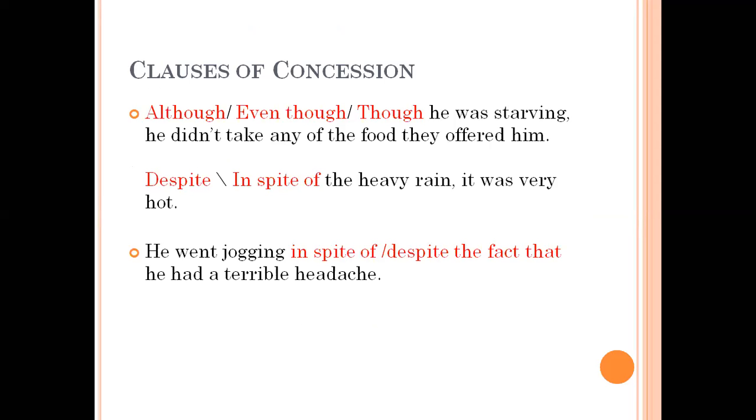Now we are going to the third type of conjunction, clauses of concession. What do we mean by clauses of concession? Clauses of concession means that the second sentence is not expected according to the first one. For example, if I say to you, he is very old, but he can run. Okay. We have clauses of concession like